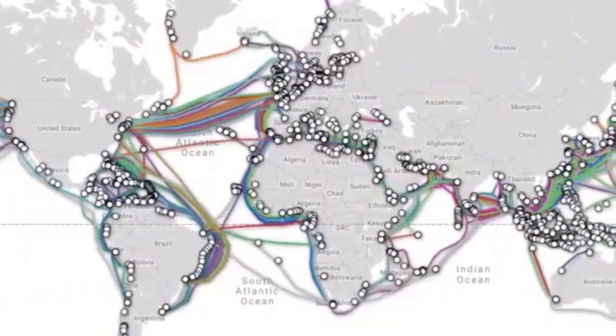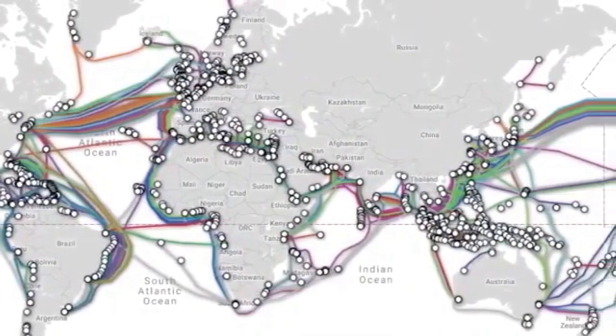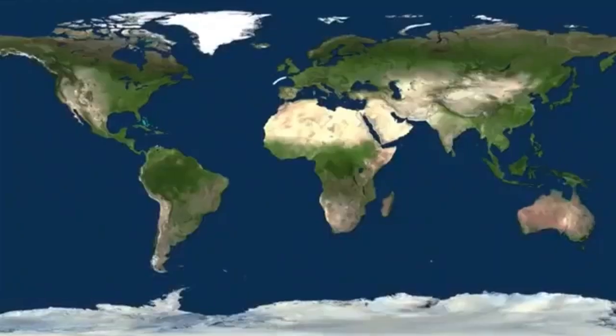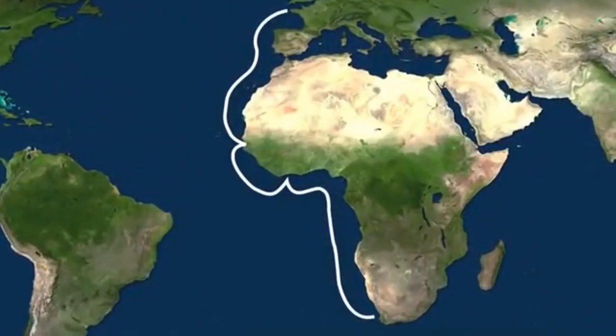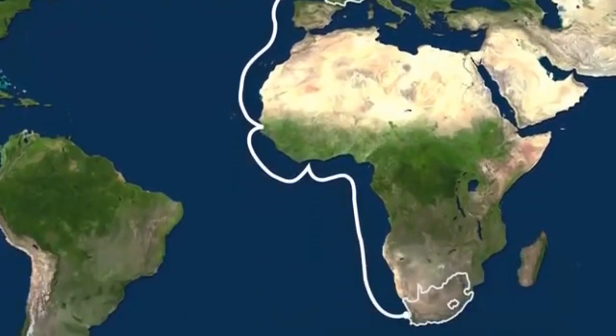Although many of us consistently use wireless devices, the most critical piece of the internet is the network of undersea submarine cables that provide international connections to servers abroad and connect continents and islands to the World Wide Web. The specific cable cut in the African internet incident was the African Coast to Europe cable, better known as the ACE cable. Commissioned in 2012, this cable stretches 10,500 miles from France to South Africa to provide internet connections